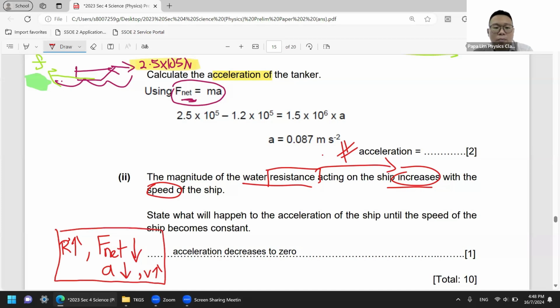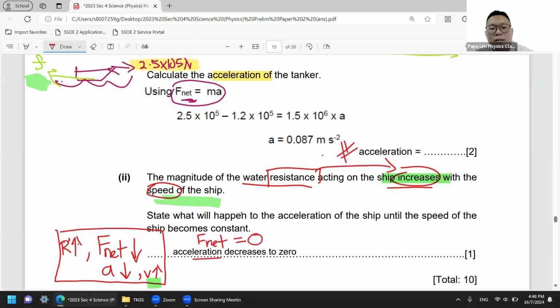And the same thing when my velocity increases. Based on what the question says, when the speed increases, the resistance increases, which means my resisting force, my R, will keep increasing. And eventually, my net force will end up being 0. So when my net force is 0, my acceleration will decrease to 0. So this is one of the classic examples of terminal velocity,